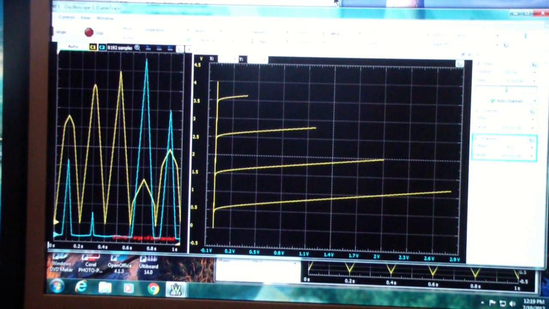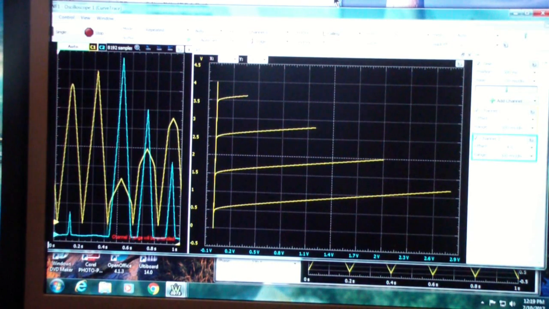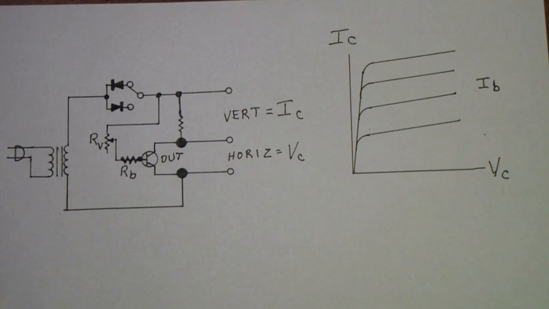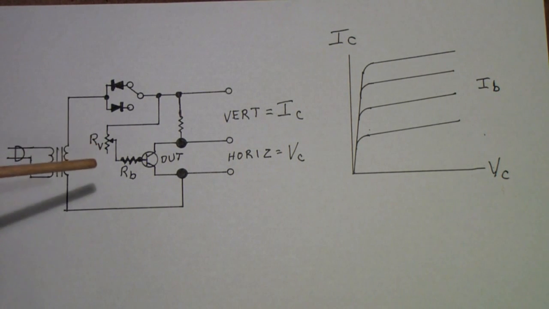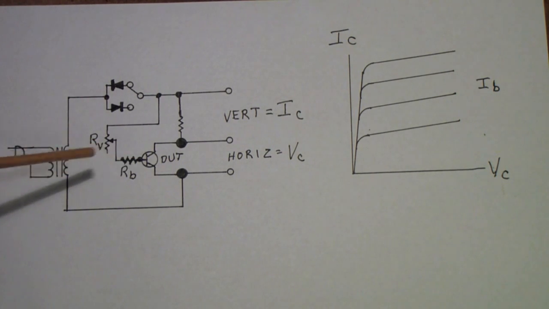But before we talk about the Analog Discovery, let's talk just a little bit about the traditional way of doing these curve tracers. I decided to do this experiment because I was thinking about the issue of the simple curve tracers. Now, you'll find this sort of circuit all over YouTube. Some people call it an octopus, some people call it a curve tracer. A variety of people have done videos on this. In fact, Alan, W2AEW, did a very nice curve tracer with a step generator for the base current and so on. Traditionally, what the octopus was